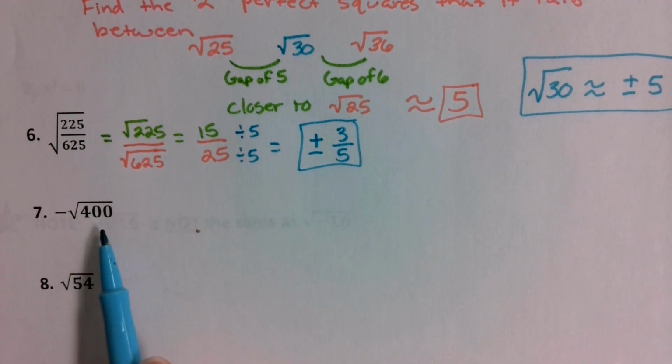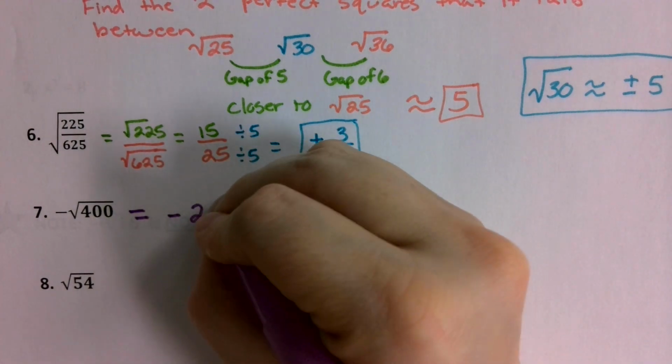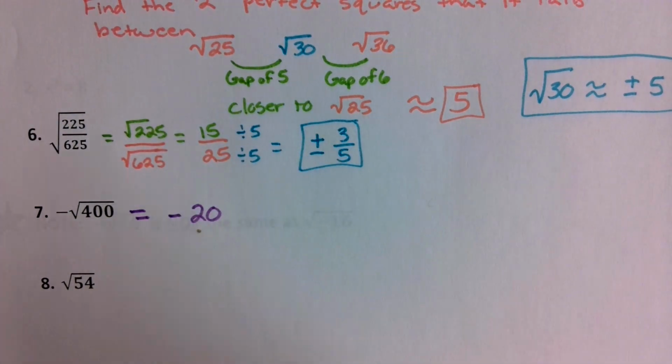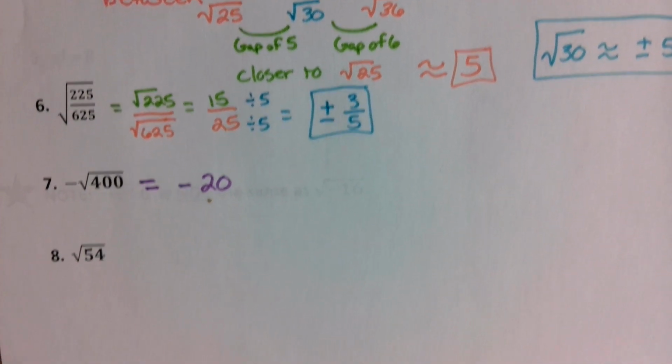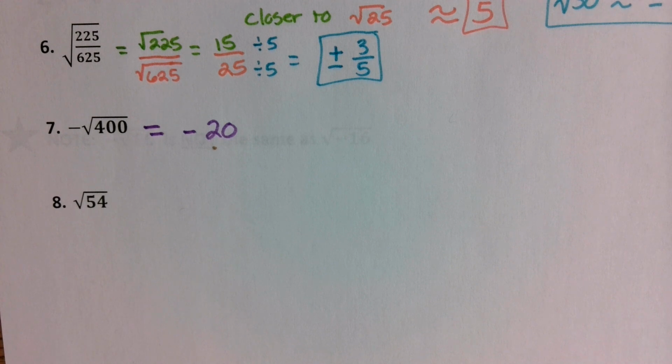Okay, number 7, we have the negative square root of 400. The negative square root of 400 is going to be negative 20, because 20 times 20 will give you 400. So negative 20. And then number 8, square root of 54, that is not a perfect square, so we do